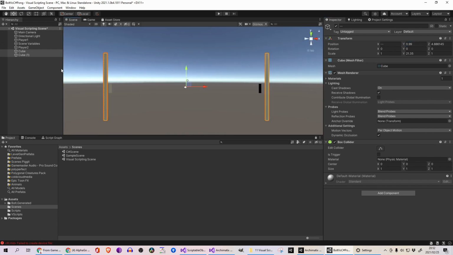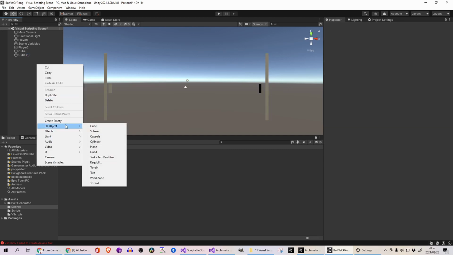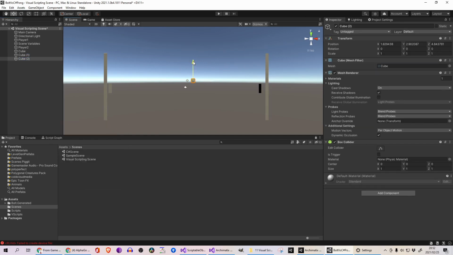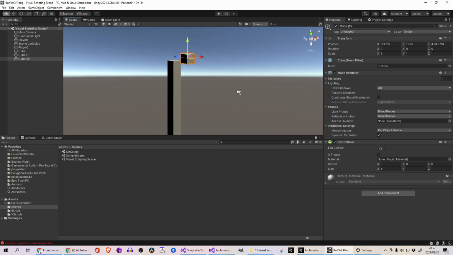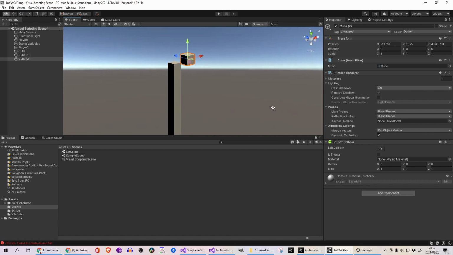Going back to scene view, and what I'm going to do now is create the top and bottom walls. So right click, 3D object, cube, and drag that up. So what I'm going to do here is just snap this cube. So remember, you can use your right click to rotate in your scene. Click on your cube and hold V to grab a corner. If you guys are not familiar with this or very new to Unity, consider looking at some of my earlier videos